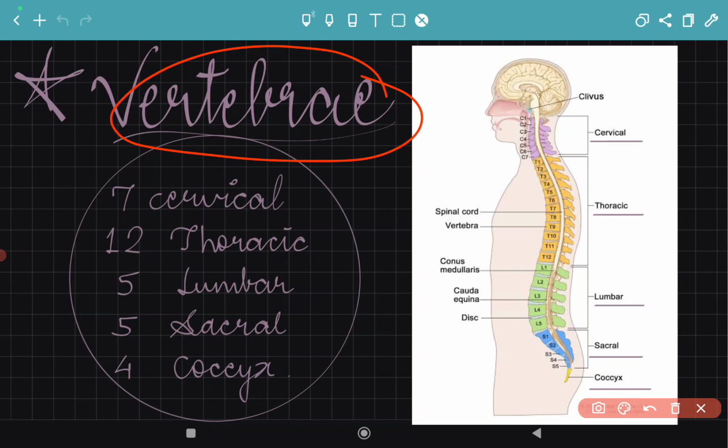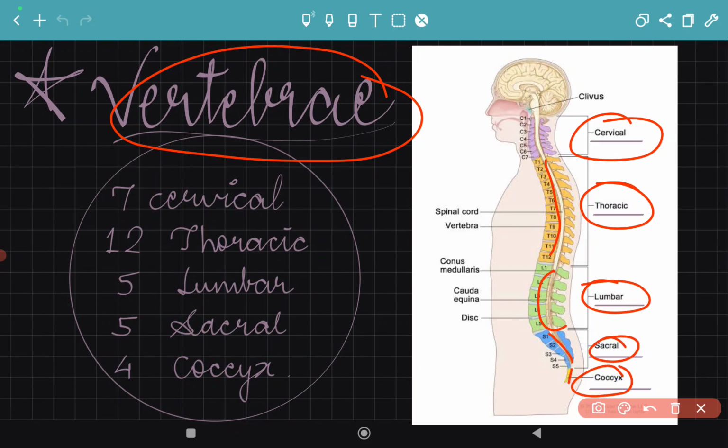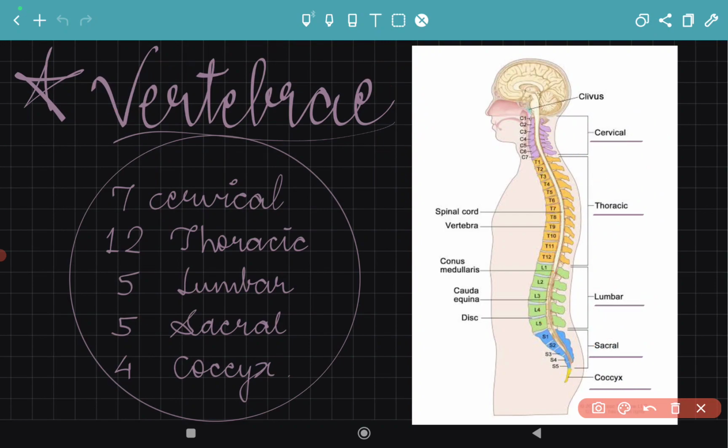So we can appreciate there are 7 cervical vertebrae, 12 thoracic and 5 lumbar, and then 5 sacral and coccyx. Sacral and coccyx are fused vertebrae. Now, after this, we will see the spinal nerves which are exiting above or below the corresponding vertebrae. So which nerves exit above the corresponding vertebrae and which exit below, we will have a